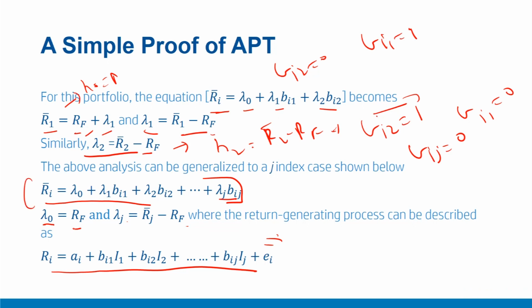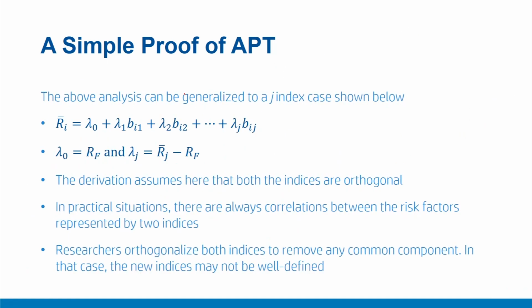This is our APT equation where lambda naught equal to Rf, and the generic term lambda j is Rj bar minus Rf, and this APT equilibrium model is driven by this multi-index return generating process. So this is our multi-index return generating process which leads to this equilibrium model as defined by APT. So with this simple derivation, we find this equilibrium model and these values for lambdas that are risk premia for